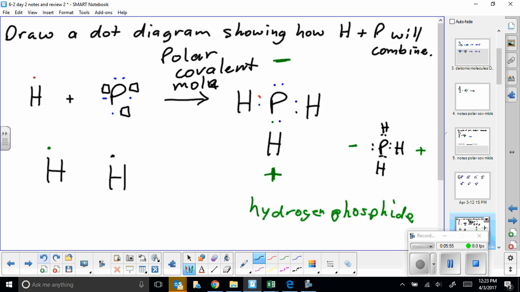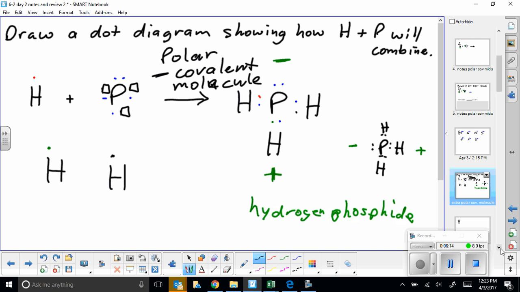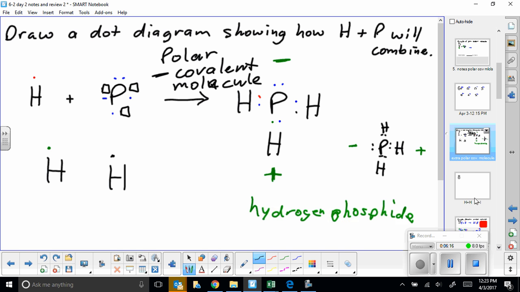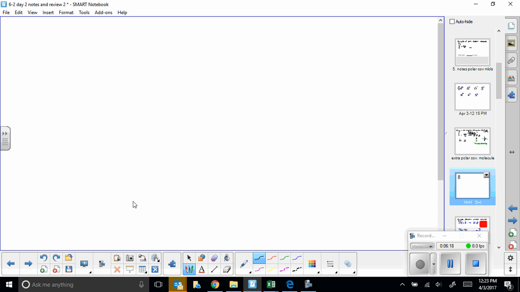And remember, a molecule is a neutral atom or a neutral particle from electron sharing, and covalent tells you it's sharing. So that was a polar covalent molecule. And let's go down, and our next example is new, and it's going to show you two examples of